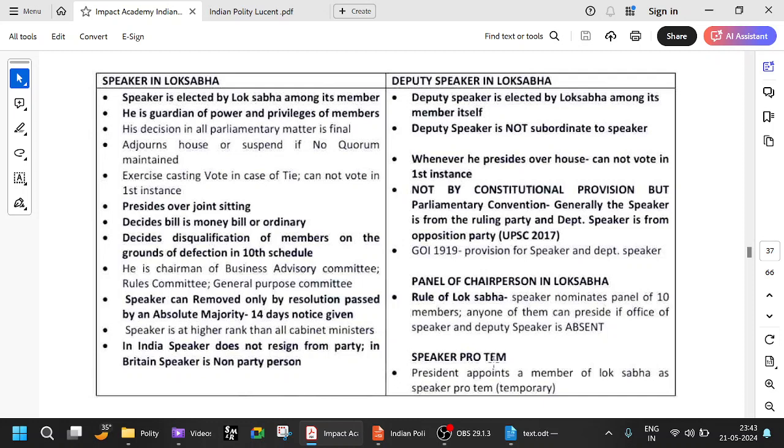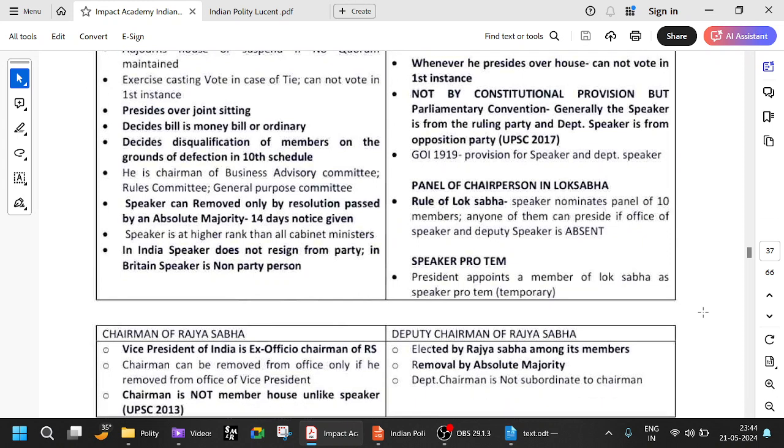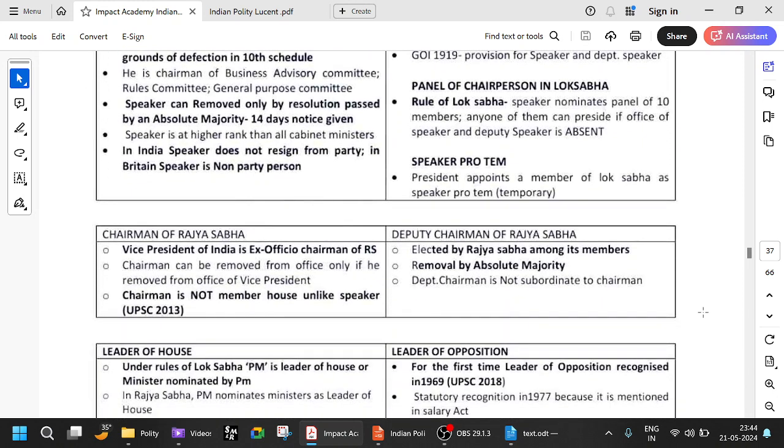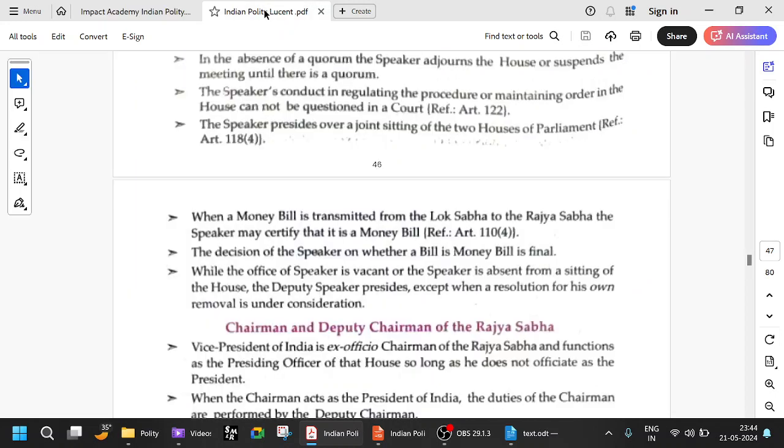So the speaker pro tem is a member of the Lok Sabha appointed by the president as a temporary speaker. When the new MLAs or MPs get appointed and take the oath, even before the speaker is selected, the proceedings of the house have to start, right? So the temporary speaker is appointed by the president. He is called the speaker pro tem. Now if you look at the chairman of the Rajya Sabha,